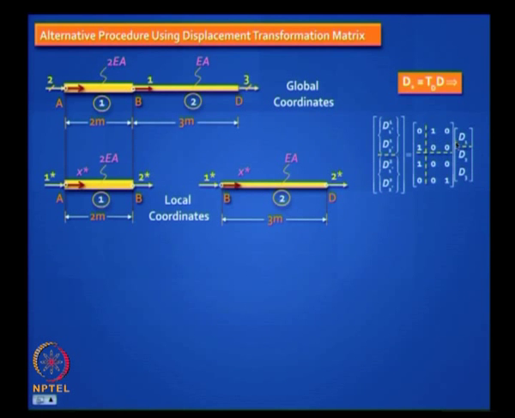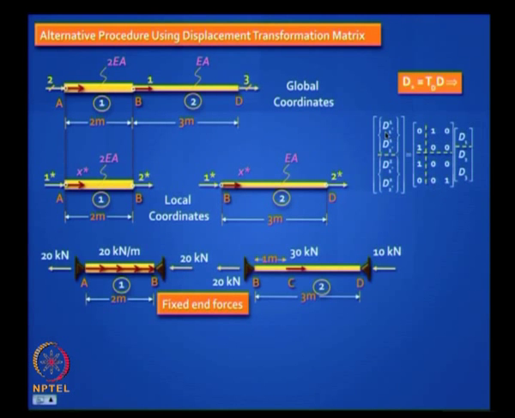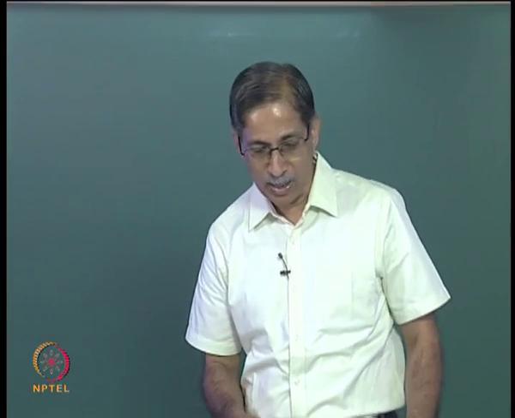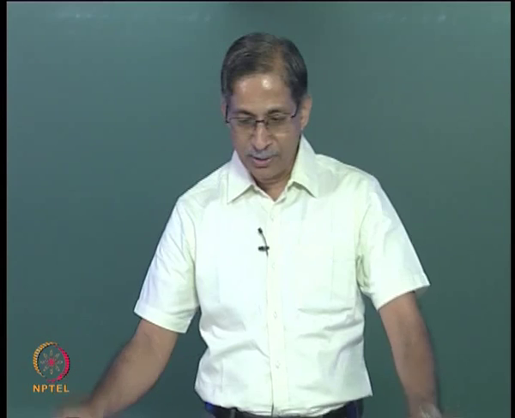Now you apply D2 equal to 1, that means you are filling up the second column, but you are applying D1 equals 0, D3 equals 0. What do you end up with? If you put a unit displacement here, only this gets affected. There is only one, nothing else gets affected. All the others are 0. So does this make sense? Similarly, when you pull this third one, you will get this. Okay? So it's actually easy. You can generate it using first principles, but you can also program it because it will always be filled with ones and zeros. So you have got your TD matrix.